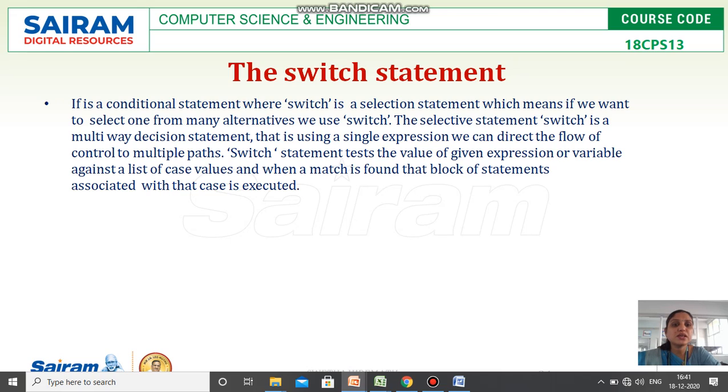That is, using a single expression we can direct the flow of control to multiple paths. The switch statement tests the value of a given expression or variable against a list of case values, and when a match is found, the block of statements associated with that case is executed.